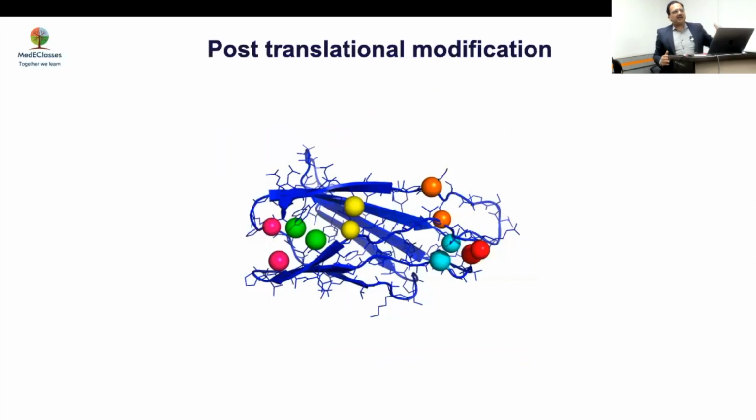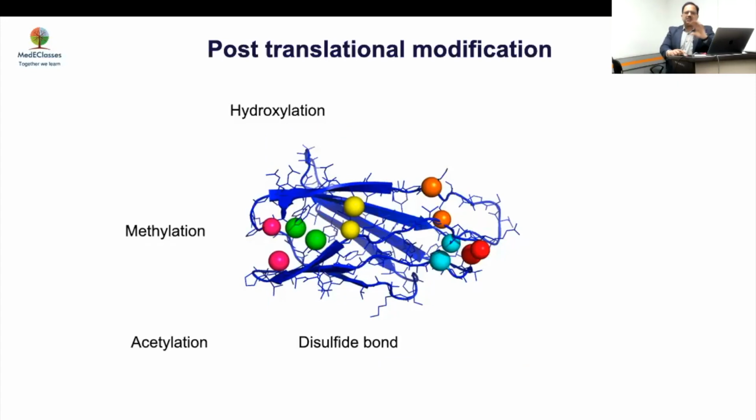Some proteins are cleaved into smaller proteins. Like, which protein is cleaved? Preproinsulin, preproAVP, POMC. So all of them are cleaved into insulin, into AVP, into ACTH. So this cleaving makes them active. So this makes them an active molecule. Otherwise, there are so many modifications, hydroxylation, particularly for collagen, methylation, acetylation, which change basically the pattern the protein is.